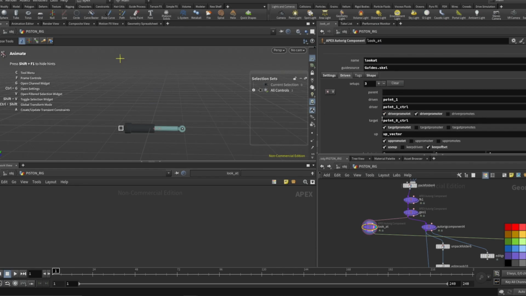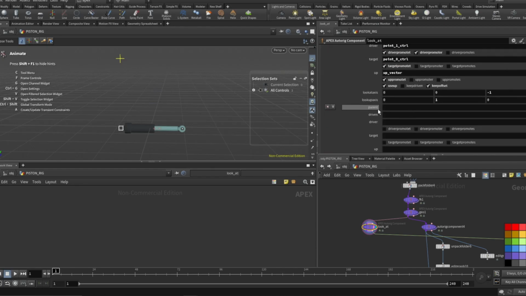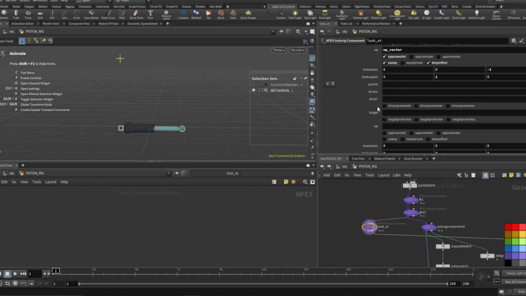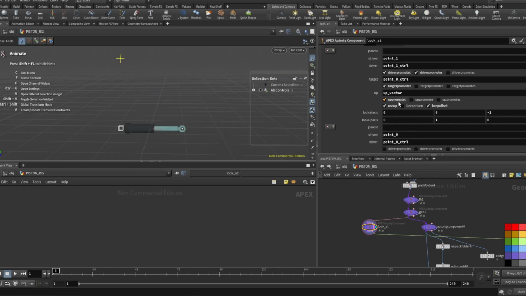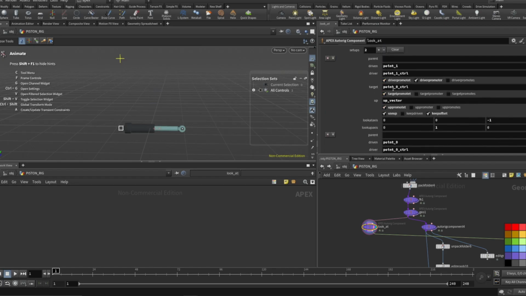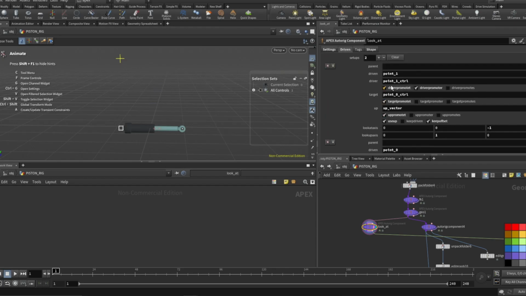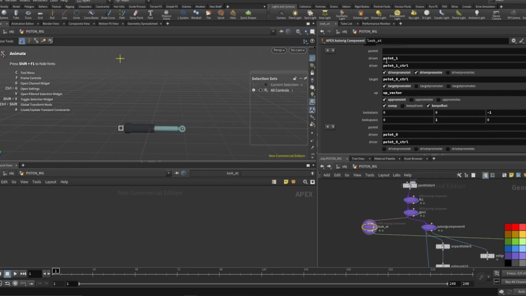Sorry, it's not like this, it's 2 components, 3. So I create 2 new components. I think you have something about an AI setup here, so you can delete everything, stop my video and just copy this setup if you want. And so I make first the driven 0.1, the driver is 0.1 controller, the target is 0.0 controller,